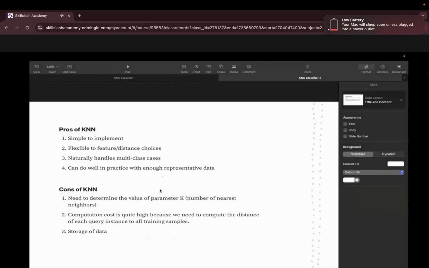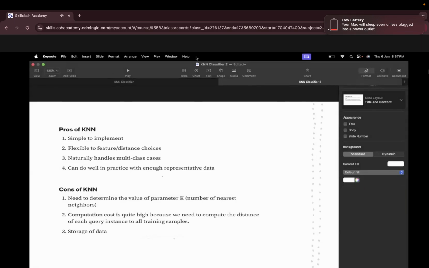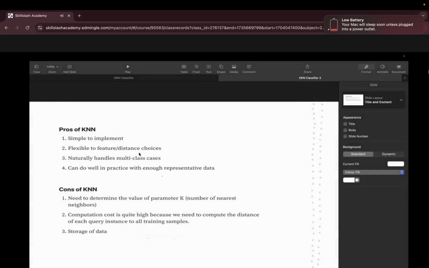Okay. Pros of K nearest neighbor, cons of K nearest neighbor. Understand this thing here itself only, because once we will get our hands dirty in the model, such things are not going to give you much value in that case. Okay, which means there we have a lot of things to remember. So here itself, remember what are the pros and cons of K nearest neighbor. As you can see, when we are talking about pros and cons, what is the pro? Pro means we are having the advantage, right?